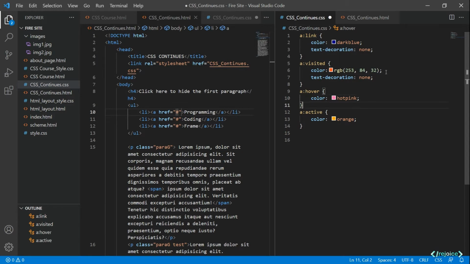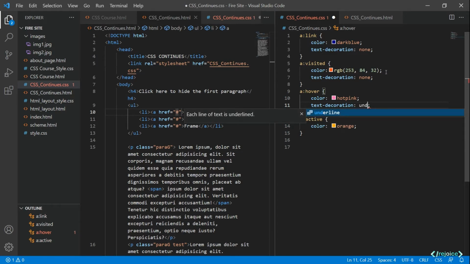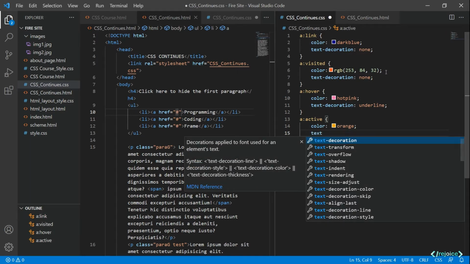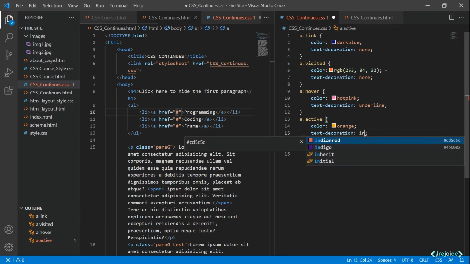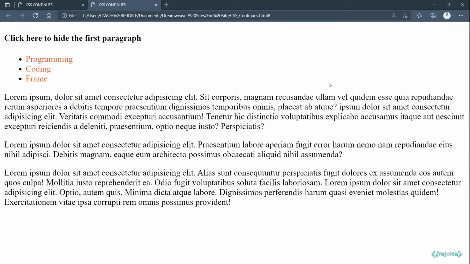Hold on with my none. And then text decoration here, I just want it to be underlined here. So let me use underline here, and active should use underline. Okay, let's use underline as well. So text decoration underline. Now if I save this file, come back and reload your tab, you notice that